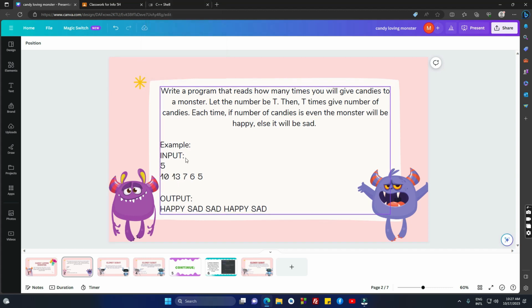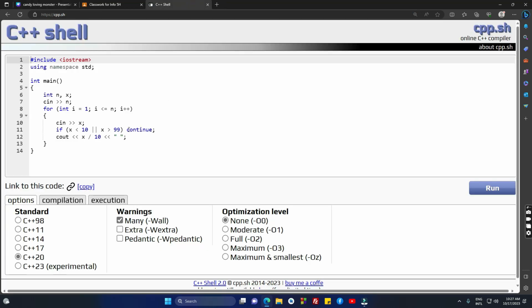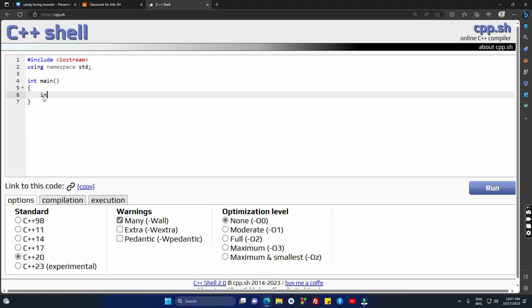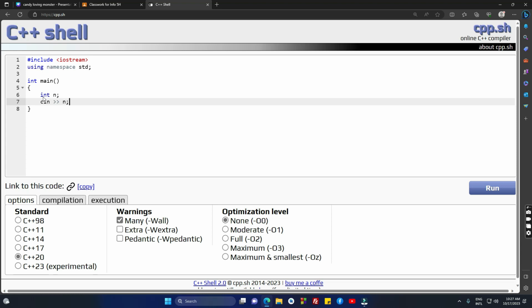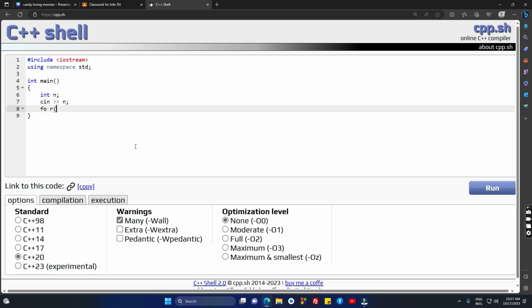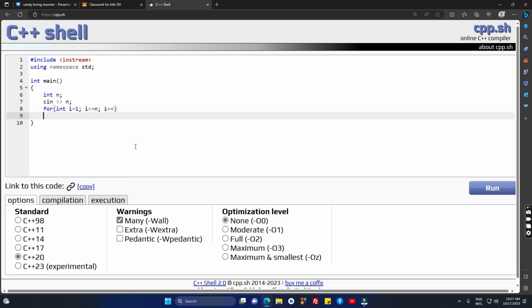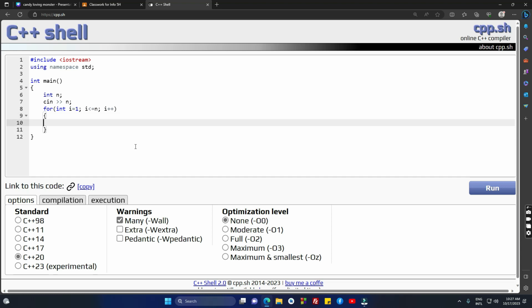So since first we have to read a number and then create a loop depending on the number, let's create variable n and let's read the number, and then we must create a loop that runs n times. So I'm going to create a for loop where my counter i starts from 1 and it will enter the loop while it's smaller or equal to n, and every time after each iteration I will increase the value by 1. So here I will read some number x, but first we have to declare this number, and then if